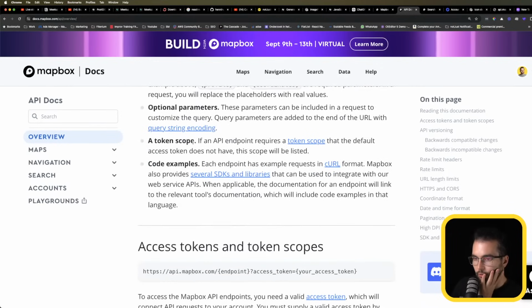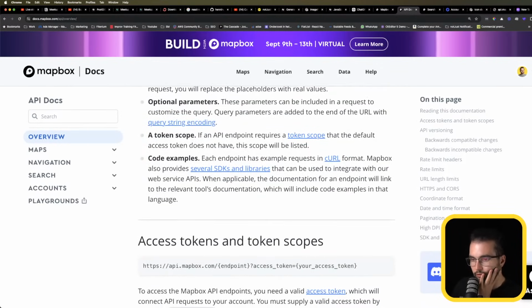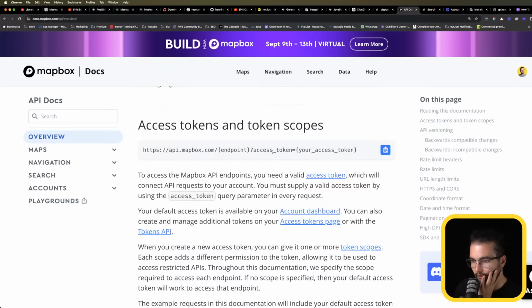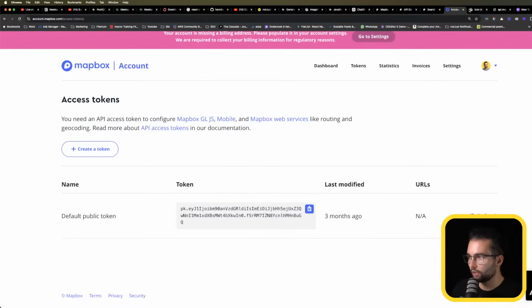Oh, token scope, if an API token scope. Access token. Okay, for access tokens, it's clear. So the access token, we're gonna take it from our dashboard under tokens. We're gonna copy it from here,